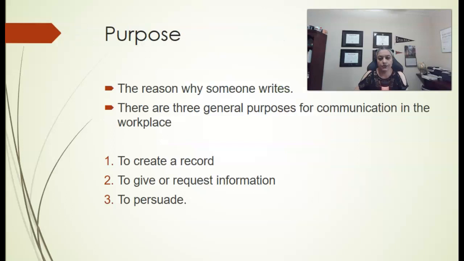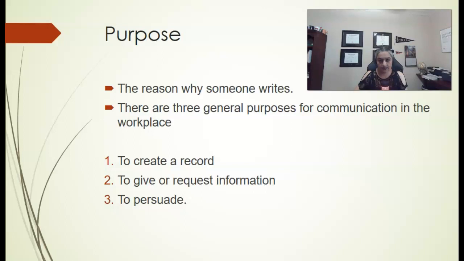Purpose refers to the reason why someone writes. Determining the purpose requires you to engage in task analysis. That is, determine what you hope to accomplish by writing this document. Ask yourself what you hope the readers will do, think, decide, or how they will behave as a result of